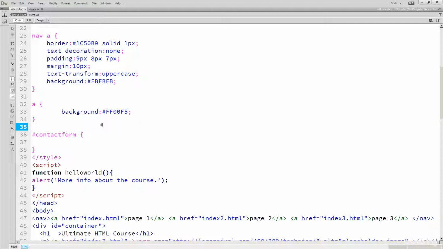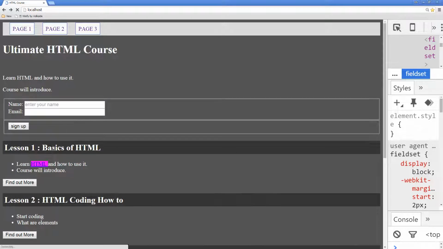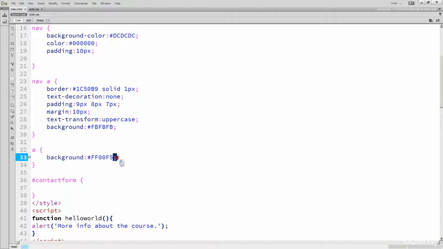So now all of our hyperlinks anywhere on the page are going to be pink with a pink background, and we see that this is actually taking even our image hyperlink over here, our hyperlink. Interesting thing is it didn't get to the navigation yet, but if we do something like this,